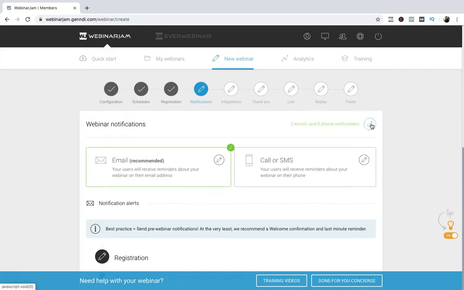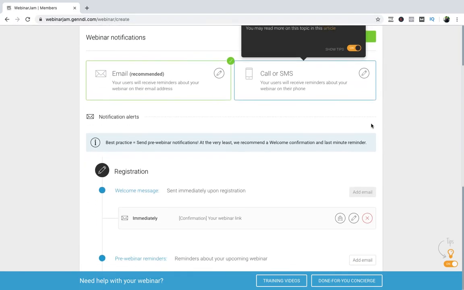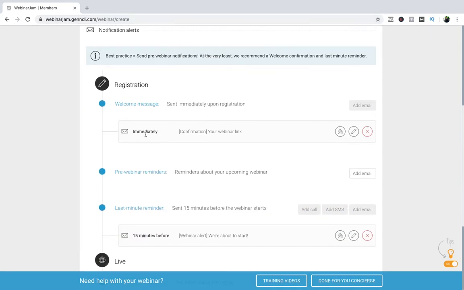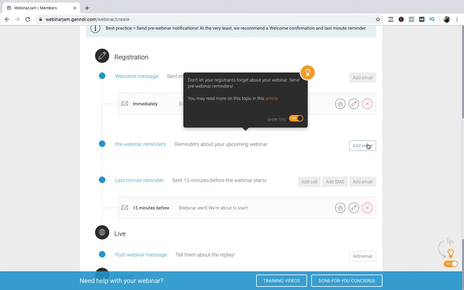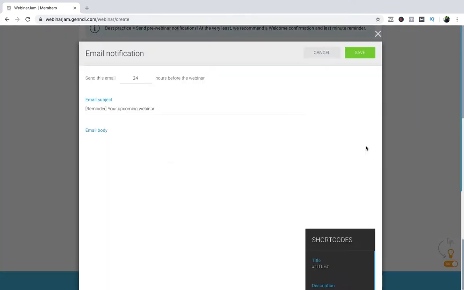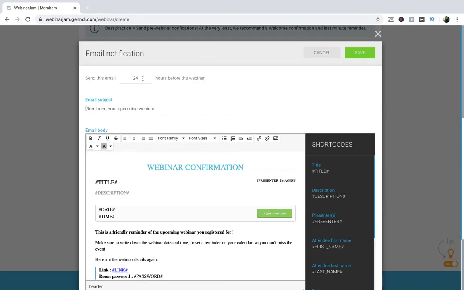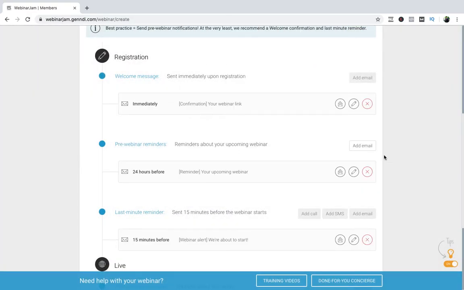So how many email notifications do you want to have? One notification will go immediately, that will be the confirmation. Then you can add n number of notifications. Let us say you want to have 24 hours before the webinar, so it was already there.